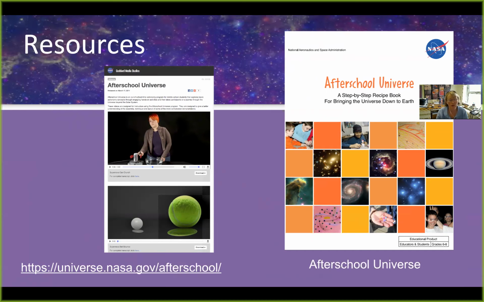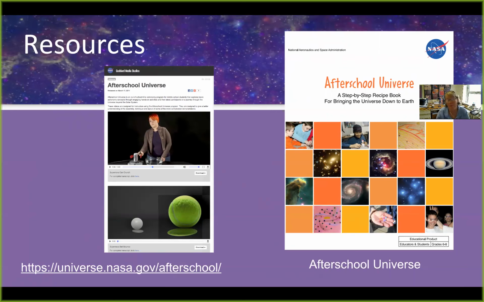And then below that is another demonstration where you take a tennis ball and a ping pong ball. The tennis ball represents the core of the star, and the ping pong ball represents the outer layers, and you drop it, and the rebound of the ping pong ball is quite impressive. You need to practice so you don't put anyone's eye out, but it's a quite impressive demonstration. So those are all some activities related to the content of life cycle of stars.